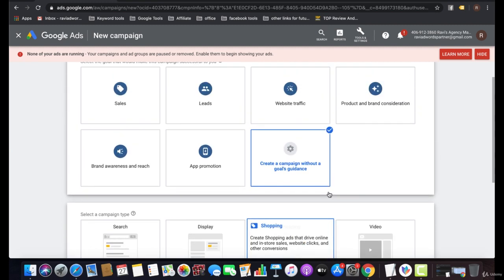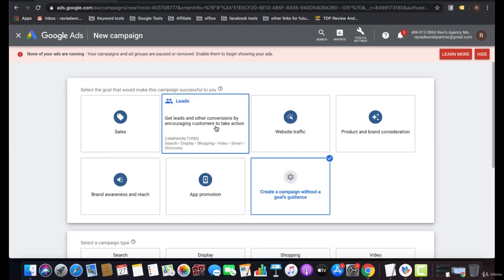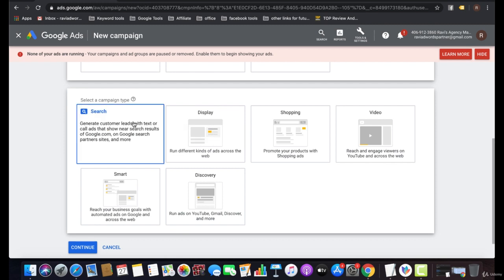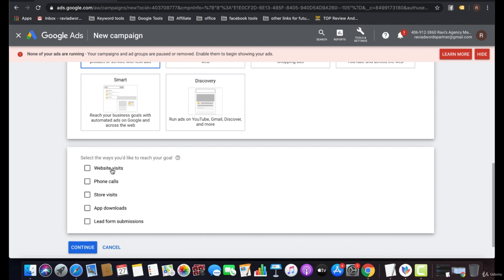Now for a leads campaign, my goal is to collect leads. So I will go with leads, and now I will go with search, because my client's audience is on the search result page. Now I will go with the search campaign type, and now you can select the goal type as well. Like, you want to track website visits, phone calls, store visits or app promotion. I am going with website visits,